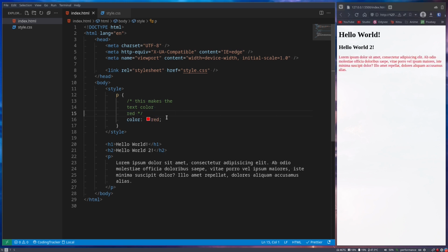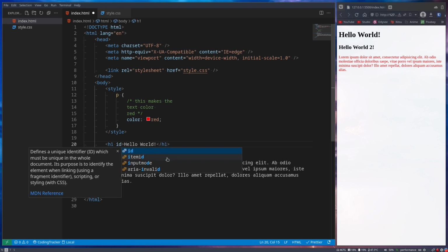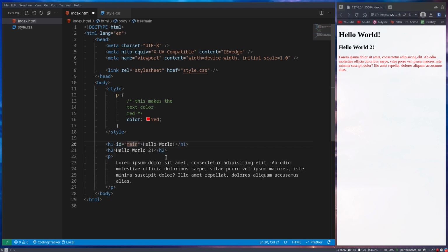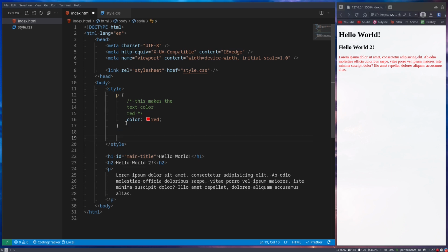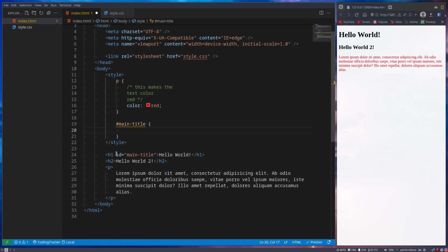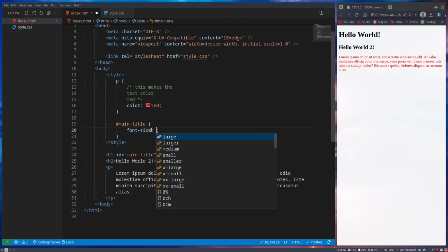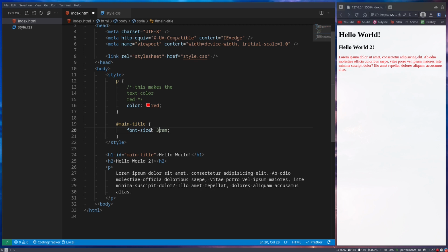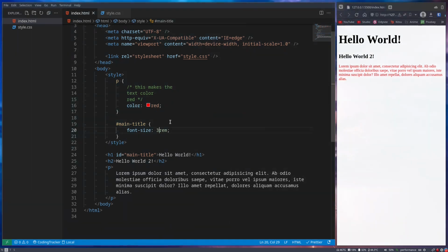Cool. Now another type of selector you can get is with the HTML ID. So here we could go and give this h1 an ID of main-title. Now I can select this by just going hashtag for the ID and then main-title. And this will apply styling to the element with this ID. So here I can say font size 2 rem, or actually let's go 3 rem since 2 rem is about the same size. Yeah. So now you can see it will apply styling, but only to this h1